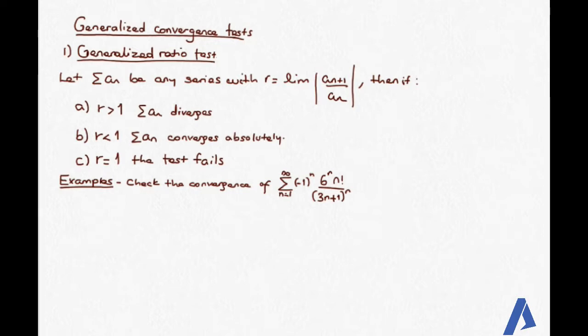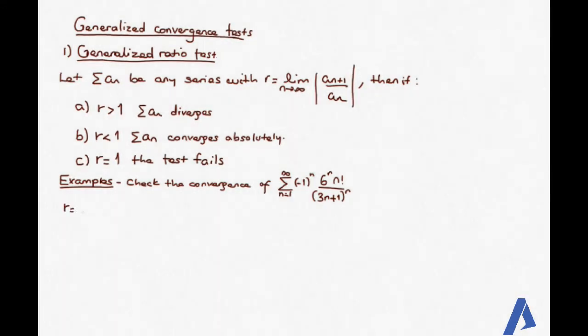አሁን generalized convergence tests እናያለን። እነዚህ ቴስቶች ከበፊቶቹ ምንድነው የሚለያቸው? ለማንኛውም ሲሪስ መጠቀም እንችላለን። ስለዚህ የመጀመሪያው generalized ratio test ይሄኛው እንደ positive ratio test ተመሳሳይ ነው፣ ግን in this case rn we take it as the limit of the absolute value of an plus 1 over an as n approaches infinity. ስለዚህ if r is greater than 1 summation of n diverge ያደርጋል። if r is less than 1 summation of n converge ያደርጋል። it converges absolutely. r ደግሞ 1 ከመጣ ቴስታችን ፌል ያደርጋል ማለት ነው። ሌላ ቴስት መጠቀም አለብን ማለት ነው።